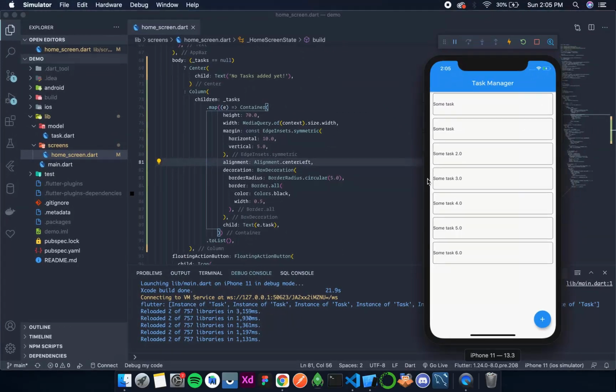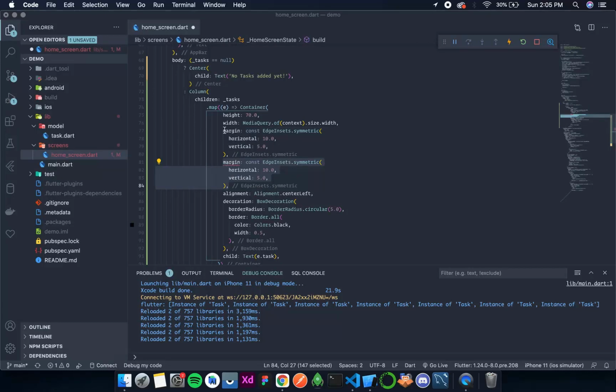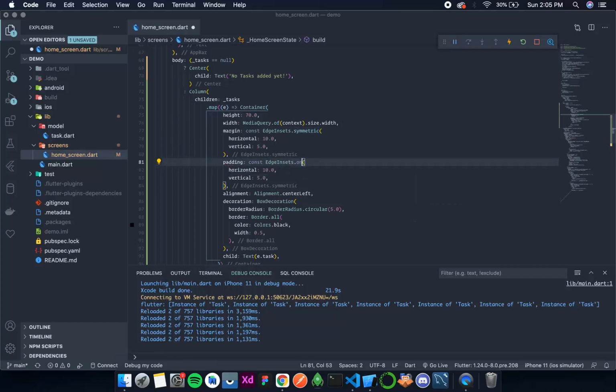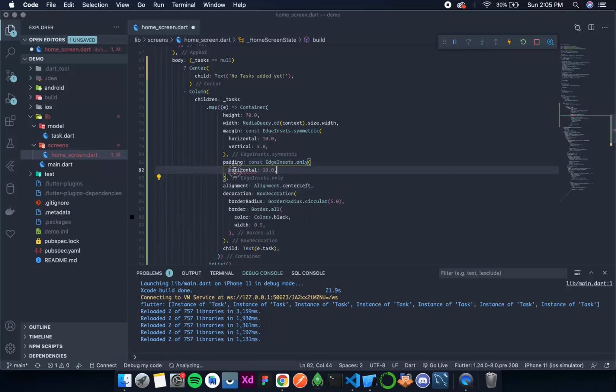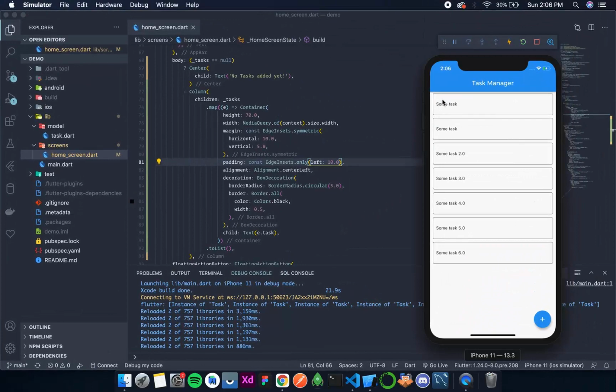Okay, now let's add some padding over here. So for that I'll simply copy this. In VS Code we have a shortcut Shift, Option and down button, then all the selected things are copied just below it, and I'll change this to Padding, and instead of symmetric it will be only, and this will be left. I'm sorry. And now since we have only one parameter, we don't need a comma, it can be a one-liner widget, and let's save this. And some padding is there.